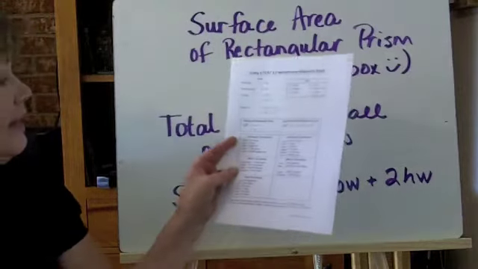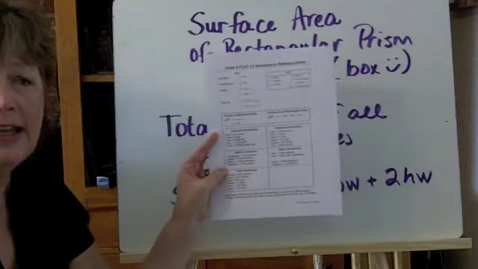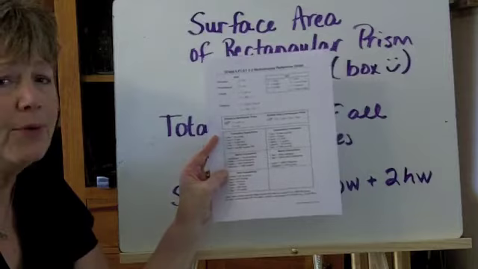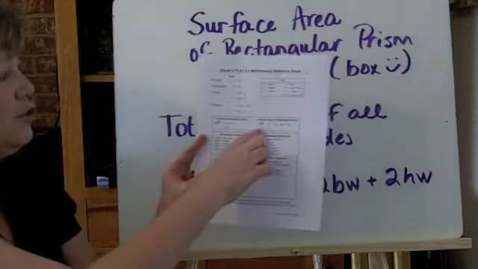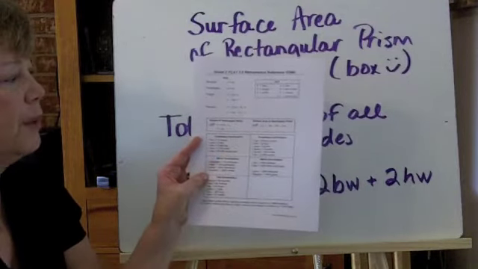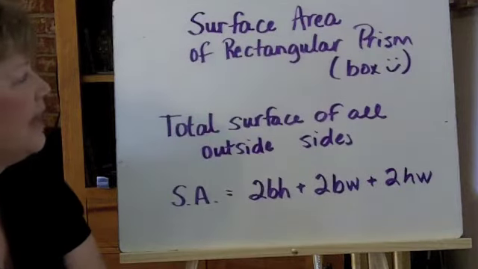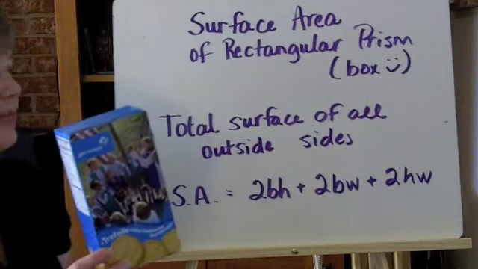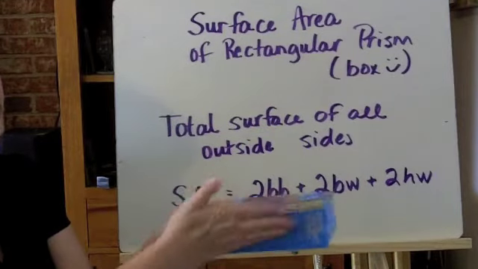And again, like so many other things, this is on your reference sheet, and it's not necessarily one of those formulas that you need to memorize or that many people do memorize. But it's on here, surface area, SA, of a rectangular prism. So I just want to show you that as the last thing that we're going to do with area. So again, we're looking at the box, and I want to find out how much paper it would take